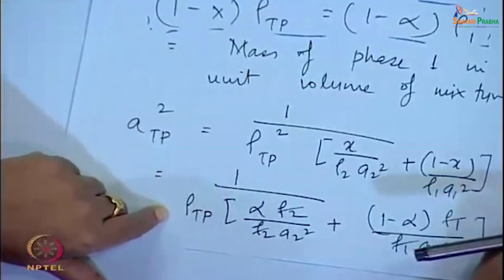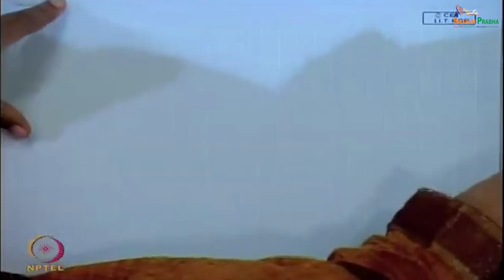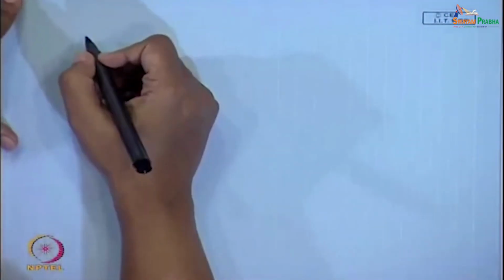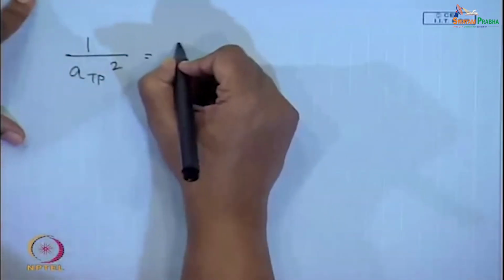So that I can express two phase acoustic velocity in terms of certain known parameters, and in terms of the minimum possible number of known parameters. Just for that reason I am trying to do this entire endeavor. Agreed? So, I can substitute this rho TP in terms of alpha rho 2 plus 1 minus alpha rho 1. Let me do it and let me see what I get. So I get 1 by A TP square,